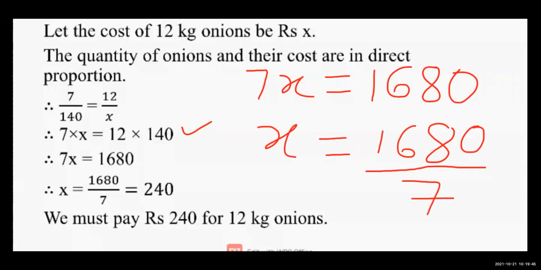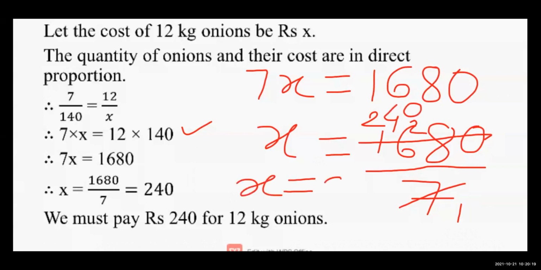It becomes division. Now do the cuttings. Now we are going to see the table of 7 only. 7 ones are 7. Then 16 does not come in 7's table, but 14 comes. 7 twos are 14. How much is remaining? 2 is remaining. I carried that 2 here, it becomes 28. Now 28 is coming in the table of 7. 7 fours are 28, and 0 we take there only, so it becomes 240. X is equal to 240. Clear how I got the cutting?